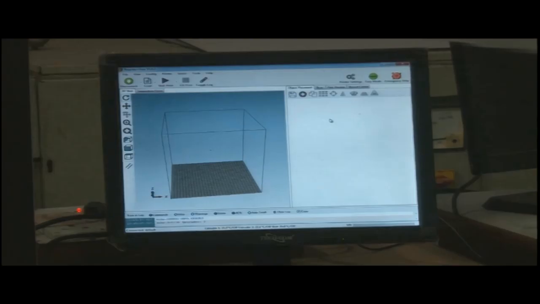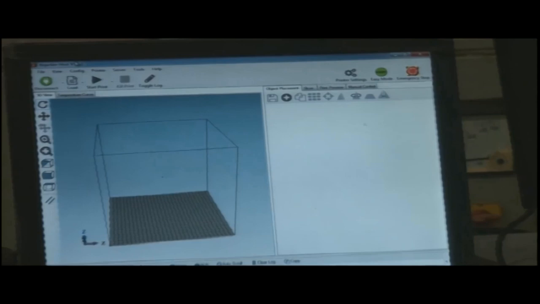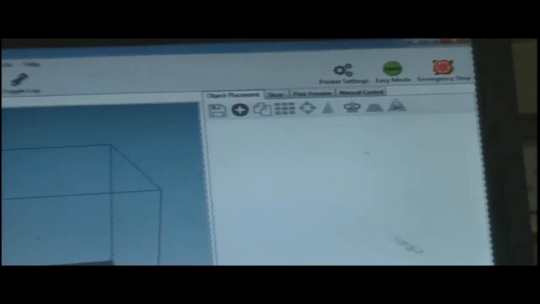After switching on the machine, we have to take care of a few things on the display here. You can see this display, because the hardware is connected to the software and displayed on this screen. On the screen we have the program, and we start feeding the data to the hardware. After switching on, the machine itself gets connected to its software.